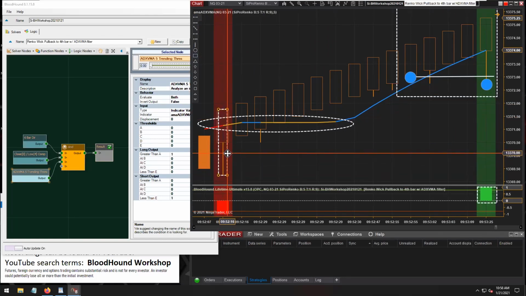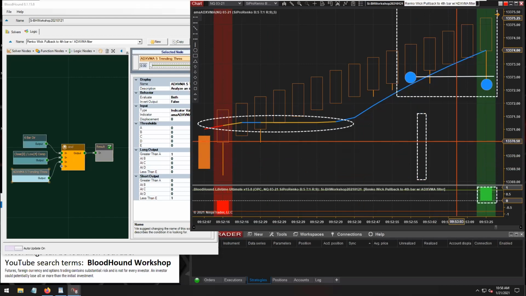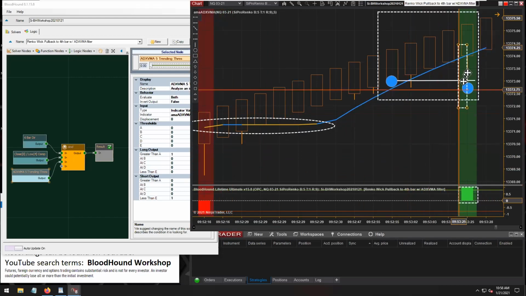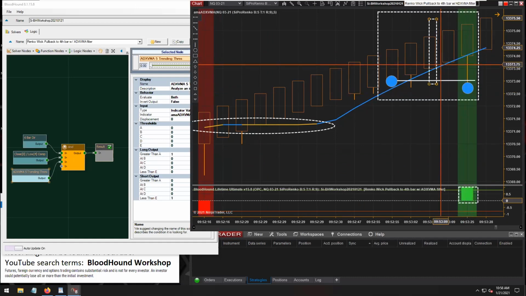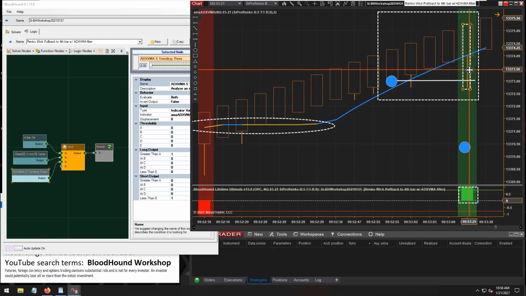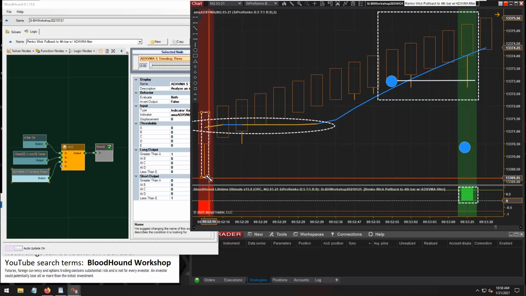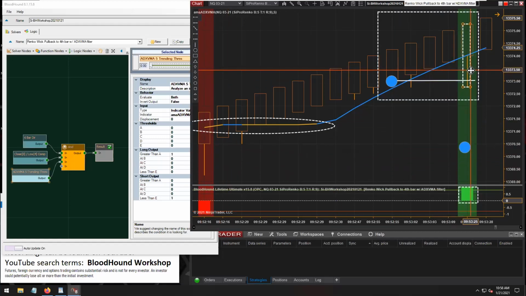So I have a little measurement of the total length of a reversal bar, and if I bring that measurement over and overlay that on our signal bar, right? Okay, so if I overlay this,